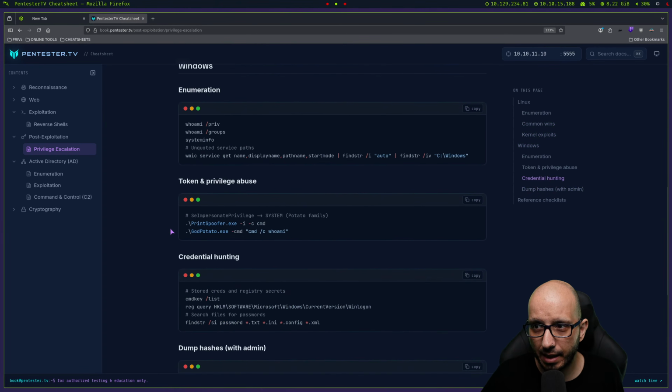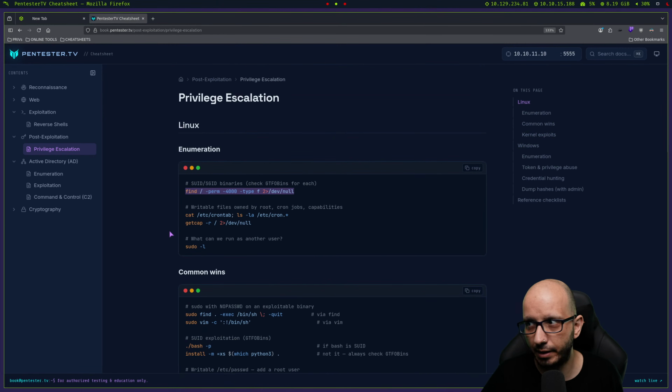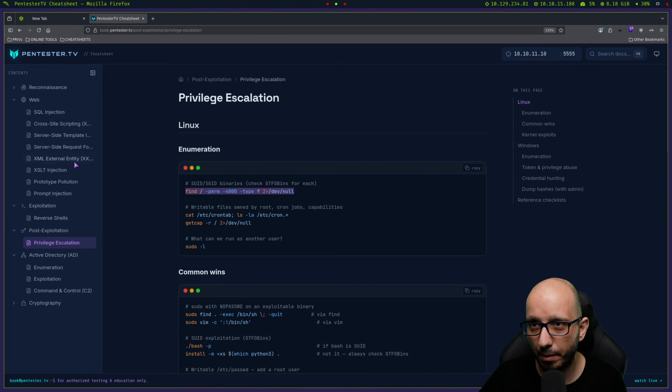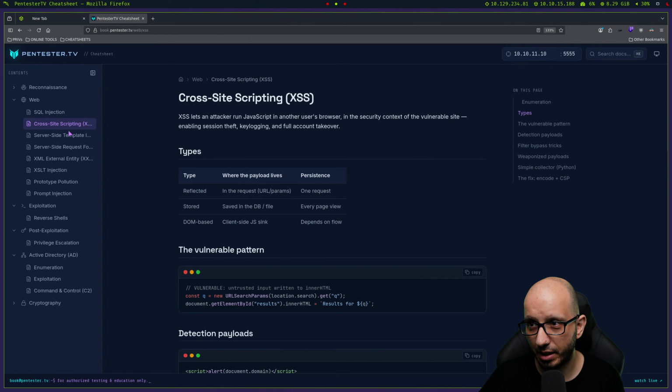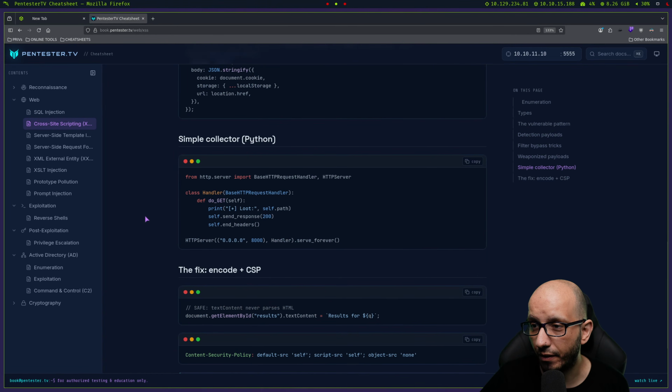And again guys, this is the first release. I'm working on it, and almost every day I will update the page with more commands, more techniques. So for example, for web also we have quite interesting exploitations. For example, SQL injections, cross-site scripting, and also since we are pen testers, I wanted also to give the solution,